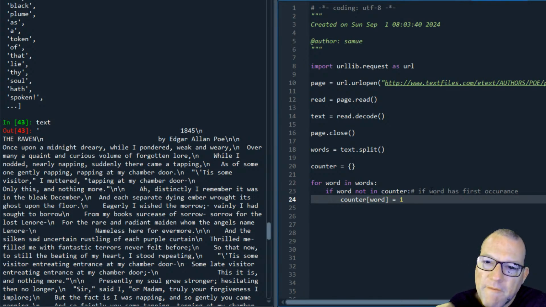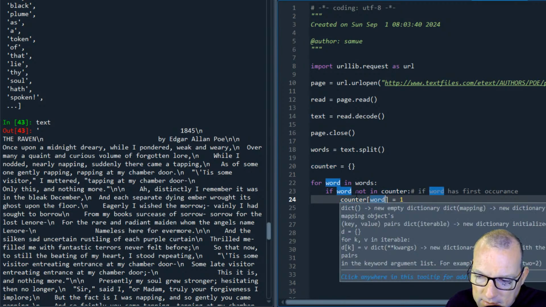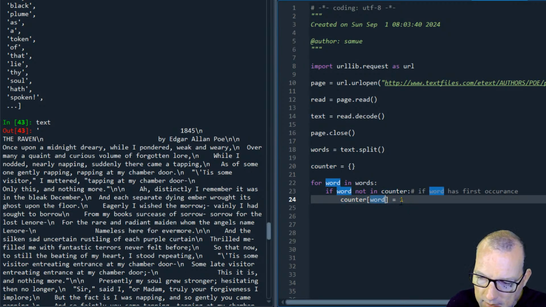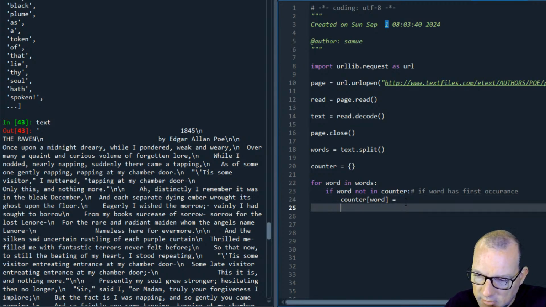This is basically the first occurrence. So I need to set my value. I'm taking my dictionary, my counter object, setting my key to my word, and then setting my value to 1 because this is the first time it has occurred. Else, that means